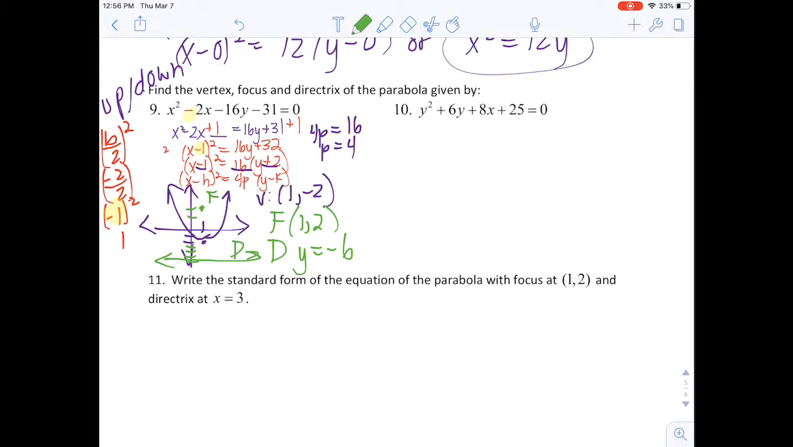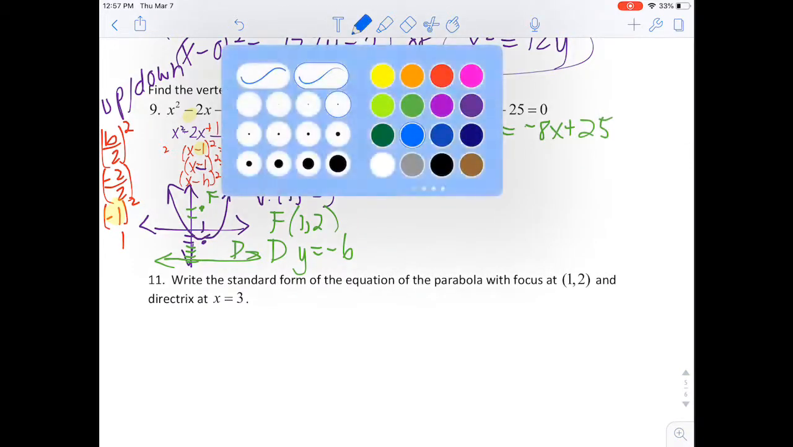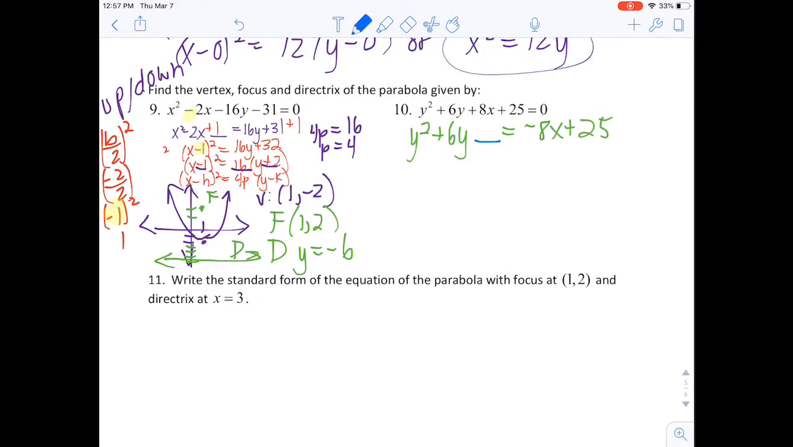Okay, so same kind of thing for number 10. We have to do y squared plus 6y, leave a blank, negative 8x plus 25, complete the square there. 6 divided by 2 is 3 squared, so we have plus 9. Plus 9, that's going to be y plus 3 squared